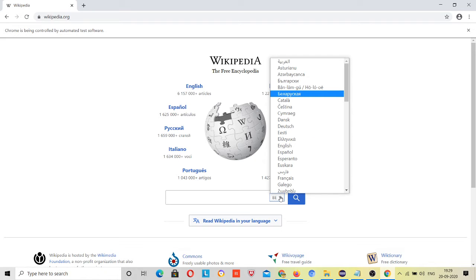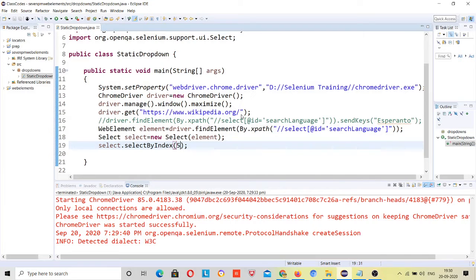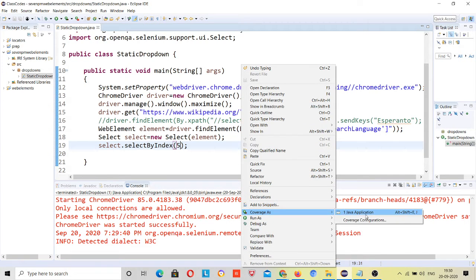Click and see, 0, 1. Oh sorry, the sixth element will be selected because index starts from 0, right? So 0, okay, BE, this was selected. 6, 0 1 2 3 4 5. So this was selected, right? Okay, again run it and I will show you.